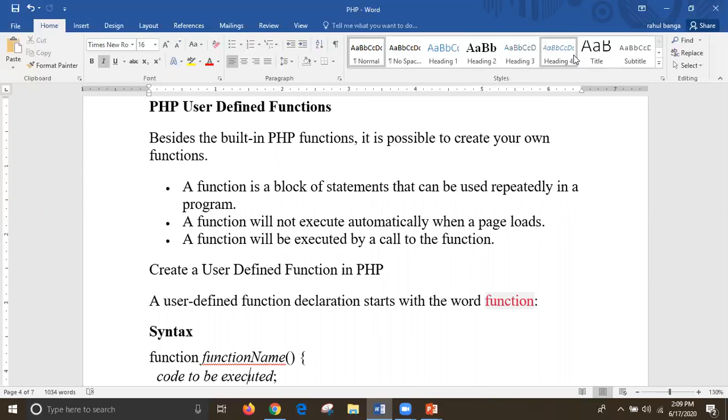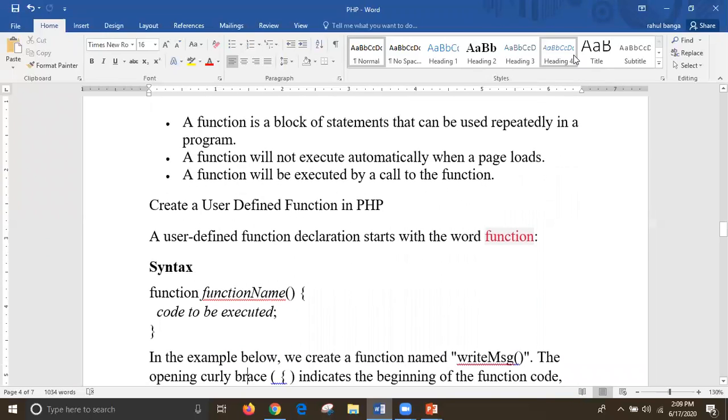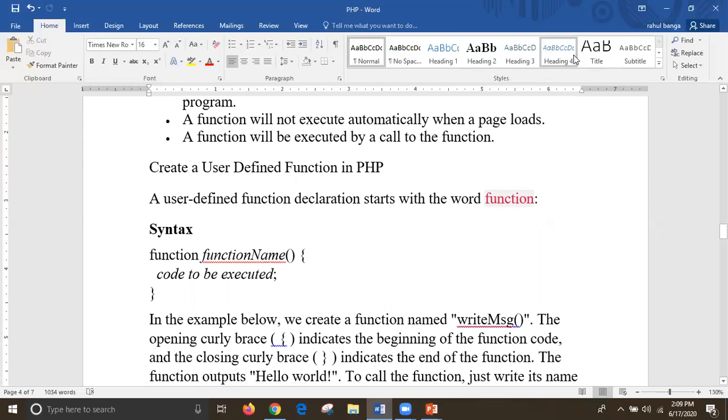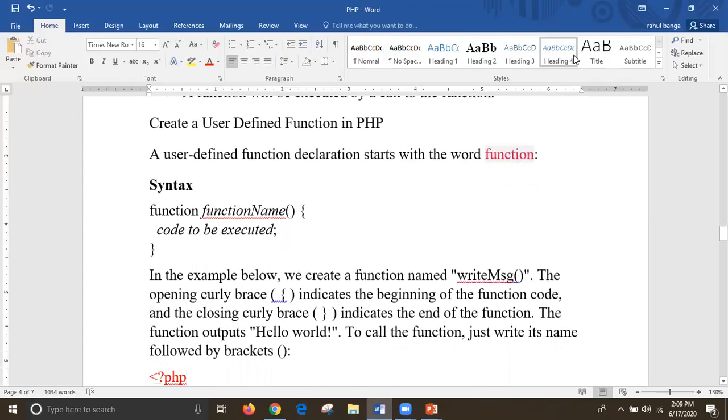So let's discuss the creation of a user defined function. Whenever we want to create a function, we have to use a specific syntax, because in any language the syntax is the main thing; without it we get an error.